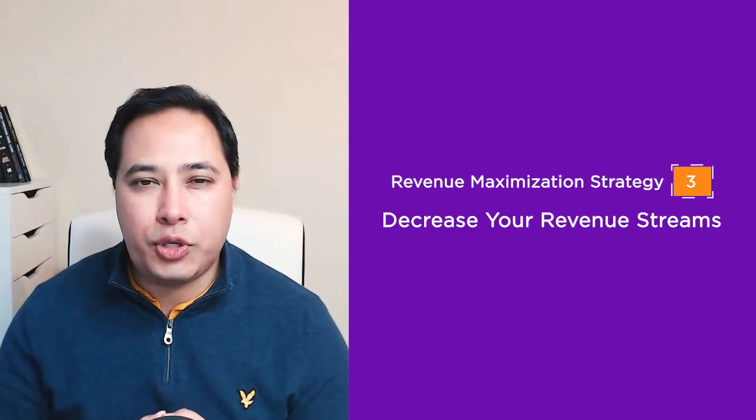The next strategy I have for you is to decrease your revenue streams. I know what you're thinking. Decreasing revenue streams when everyone talks about increasing revenue streams. But here's the thing. We have another client, an animal communicator. She had 18 product lines, including some digital products. But when we looked at it in detail, we figured out that actually there were only 5 cash generating activities in product lines, and the rest of them were time consuming products without much in return. Now she only had to focus on 5 products instead of 18 products.